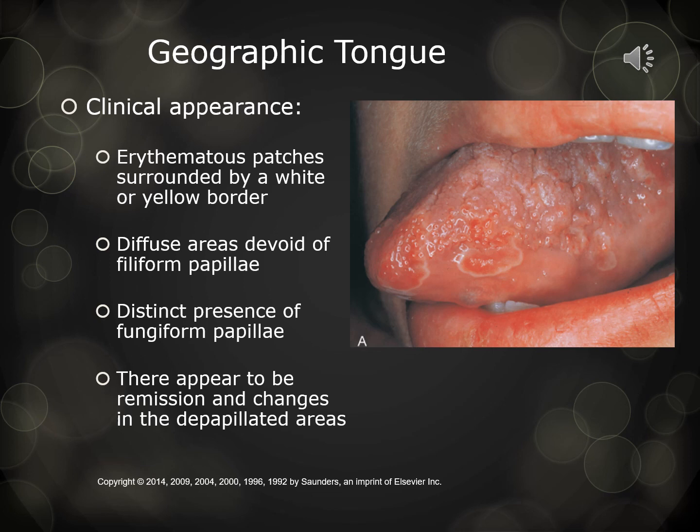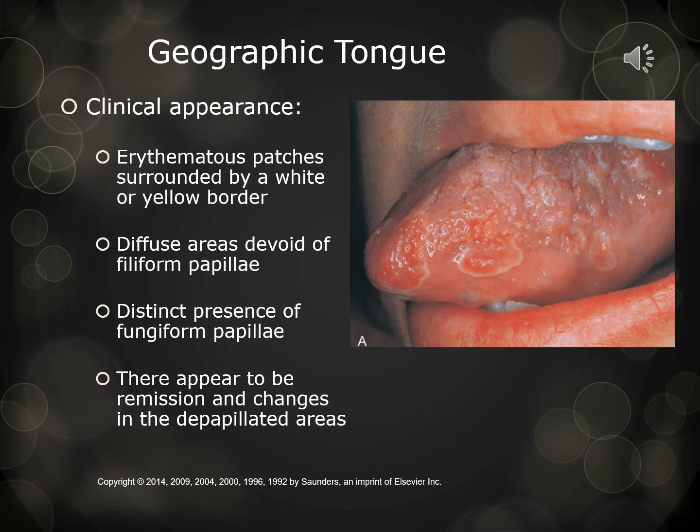Here we have a picture of a geographic tongue. Its appearance is erythematous patches surrounded by white or yellow borders. The patient can come in one week and it looks like they have a perfectly normal, healthy tongue. The next week, after they've been under a lot of stress or, let's say,